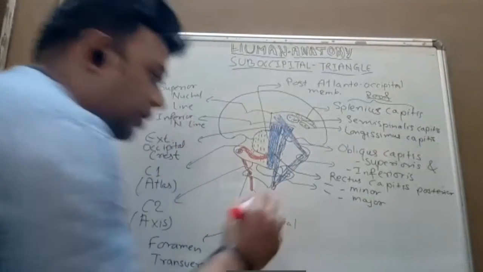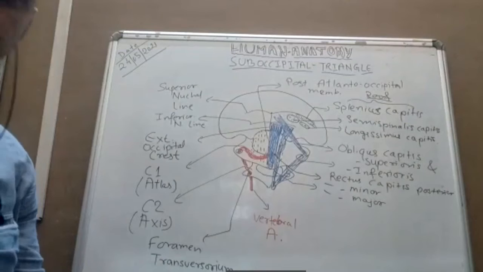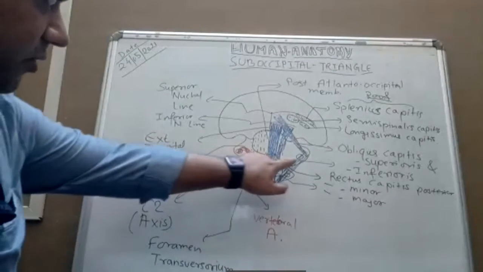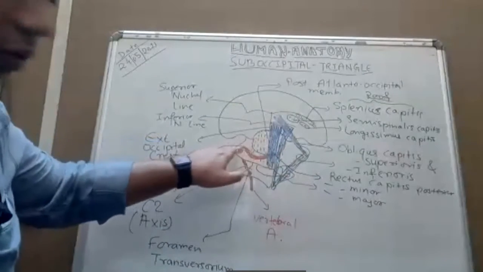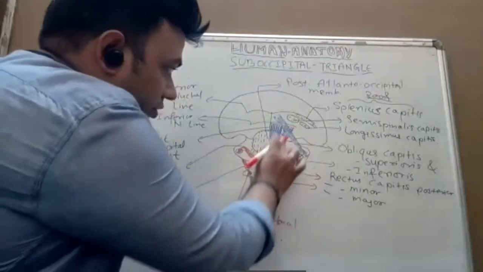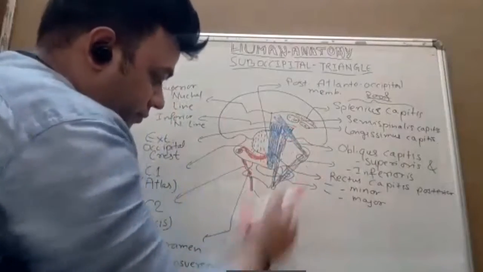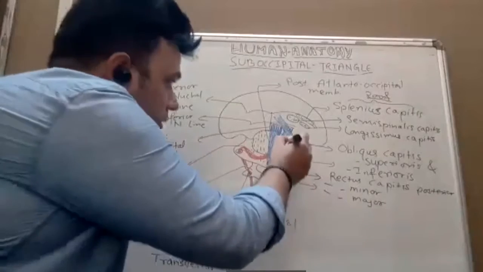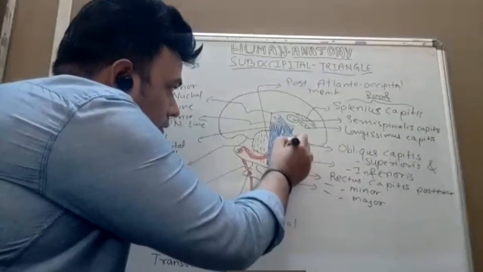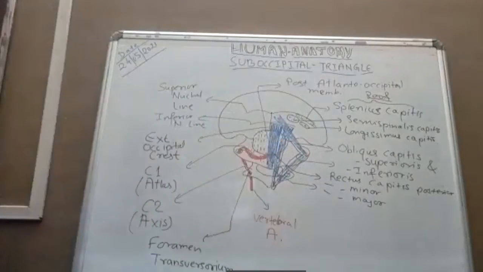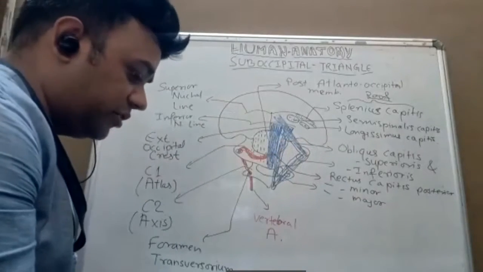Vertebral artery. Got it? So you can see this third part of the vertebral artery is passing through like this. Now can I draw it here also? So this is the triangle now. Okay. This is the suboccipital triangle. Fine, very small, horizontally placed.